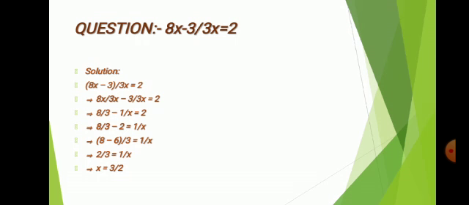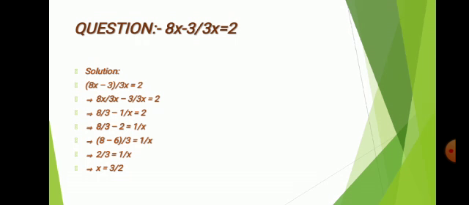Now we will see the constant and the variable term. Constant terms will be on the left hand side. We will transpose the variable term to the right hand side. So 8 upon 3 minus 2 is equal to 1 upon x. So 1 and 3 are the denominators on the left hand side. We will take the LCM of it. 3 is the LCM of 1 and 3.